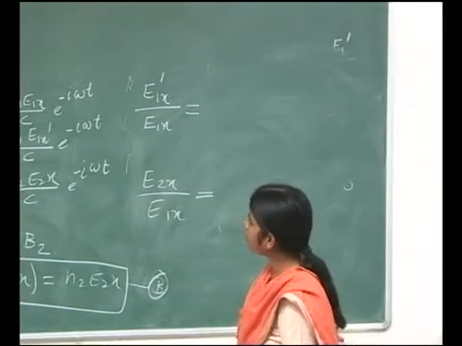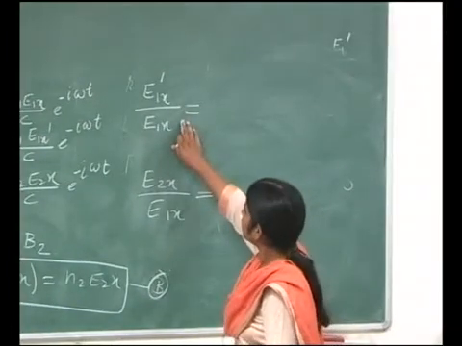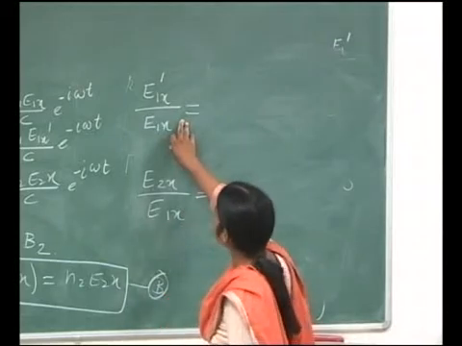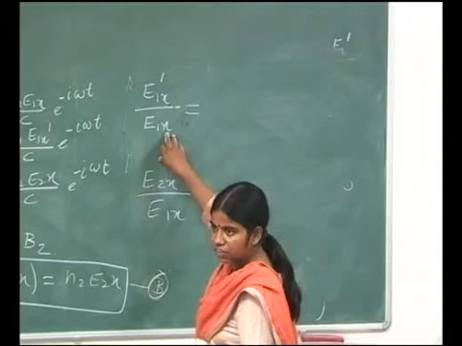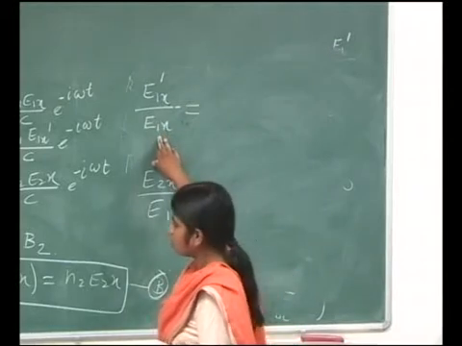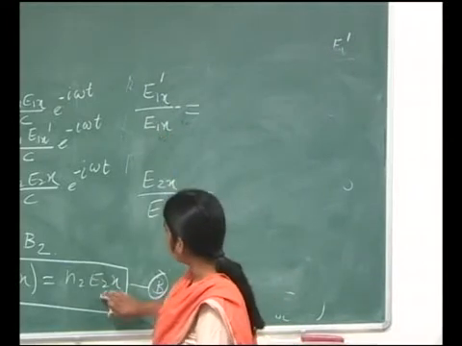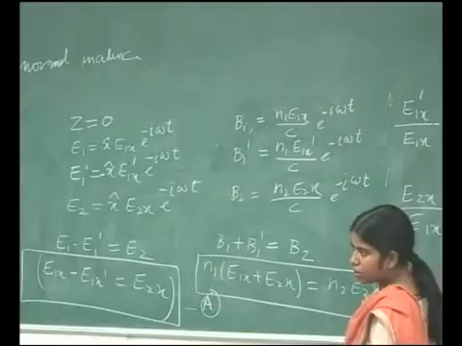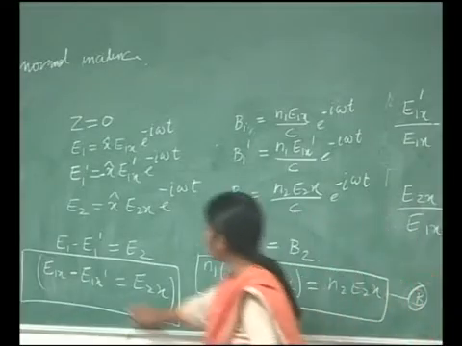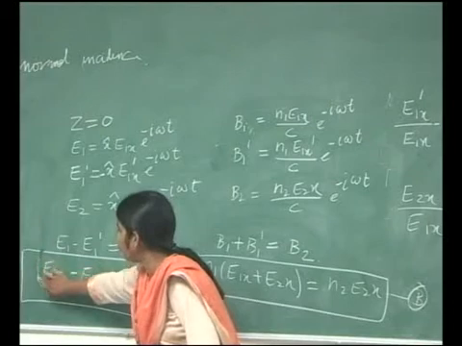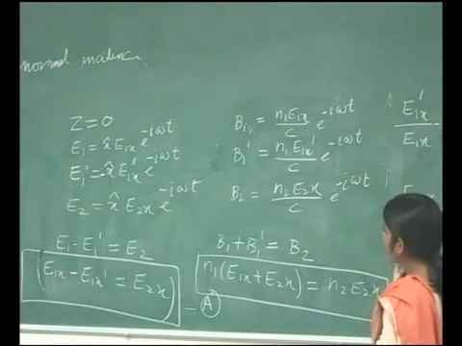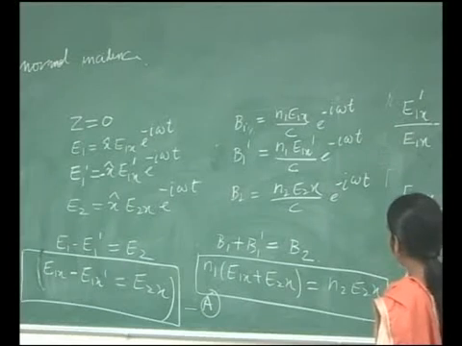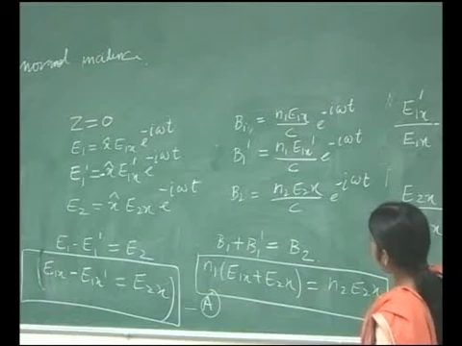Solve equations A and B. You can directly see that I now want E1x' in terms of E1x. To calculate this I will have to eliminate E2x, so to eliminate E2x you will have to multiply this equation by N2 throughout. When you multiply this equation throughout by N2, you will get an equation